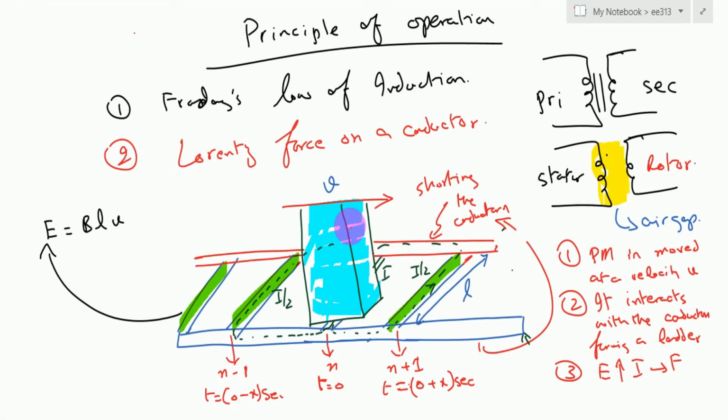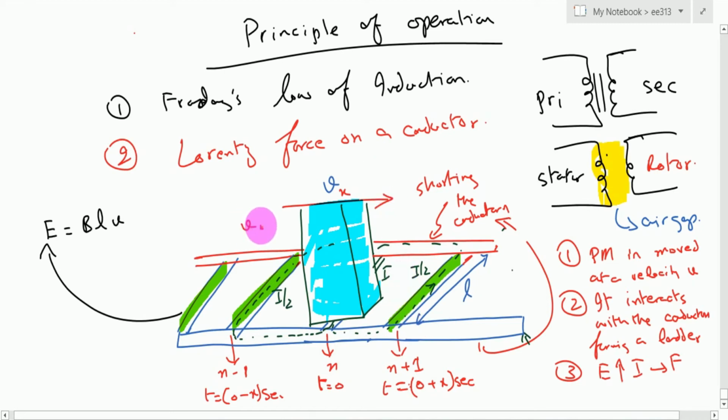But the point here is that as the ladder picks up speed, the relative velocity between the conductors and the permanent magnet decreases. Consequently, the induced voltage E and the current I will diminish. So what will happen if the speed of the ladder and the speed of the magnet are essentially the same? If we have some velocity Vx for the permanent magnet and the ladder is moving at a velocity Vy, and Vx becomes equal to Vy, then both are stationary with respect to each other.